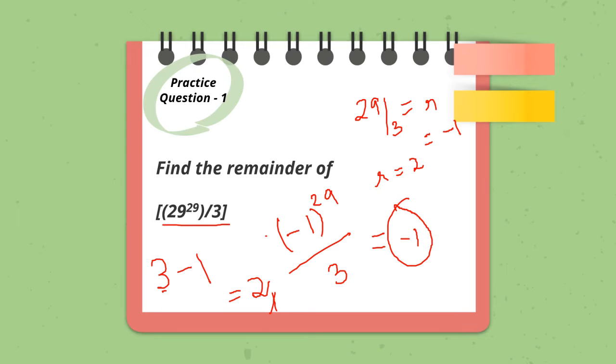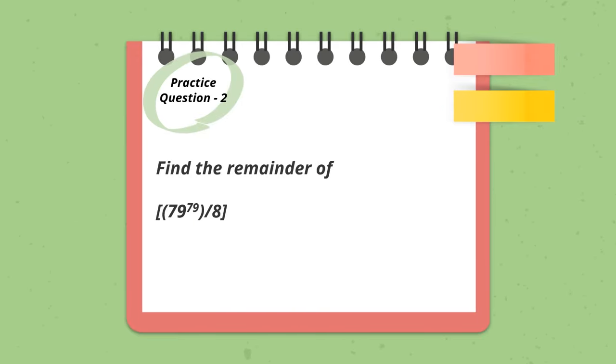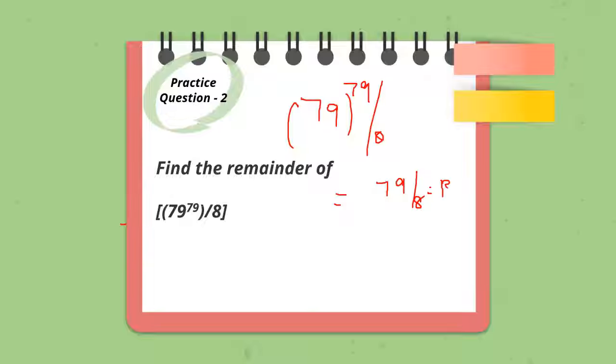So the next practice question is 79 to the power 79 when divided by 8. Exactly. So we apply the same concept here. So 79 to the whole power 79 we are going to divide by 8. So of course here 79 will divide by 8 to find the remainder. My remainder is just again going to be minus 1. So I'm not going to take the positive remainder, instead I'll take the negative remainder because it's the closest